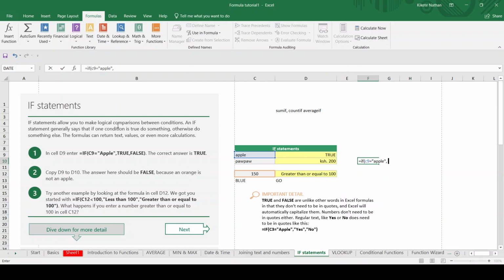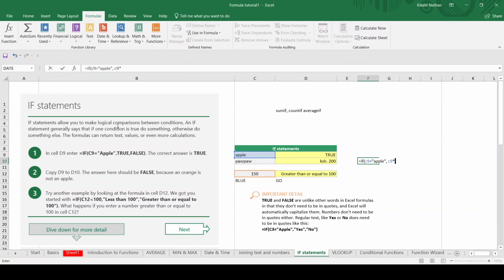Then we do what? Then we take the sum. Let me just do sum. Okay, product, sorry. Then we take C9 times